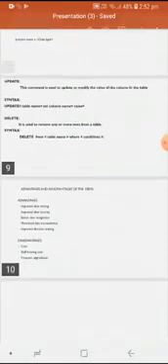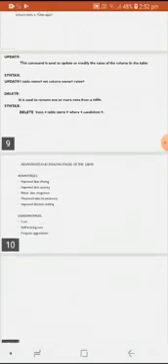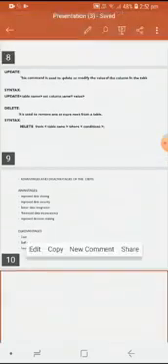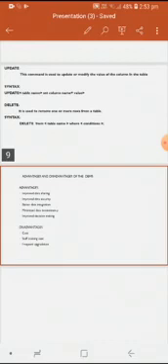And now we have the advantages and disadvantages of DBMS. The advantages of DBMS are improved data sharing, improved data security, better data integration, minimized data inconsistency, and improved decision making. These five are called the advantages of DBMS. Improved data sharing means with the help of DBMS you can share your data with multiple users at the same time, which is not possible in a normal file system.